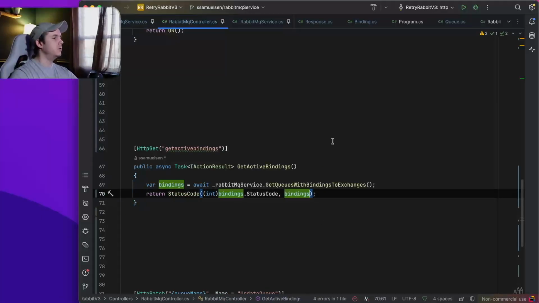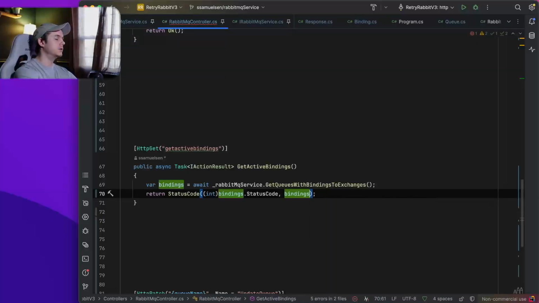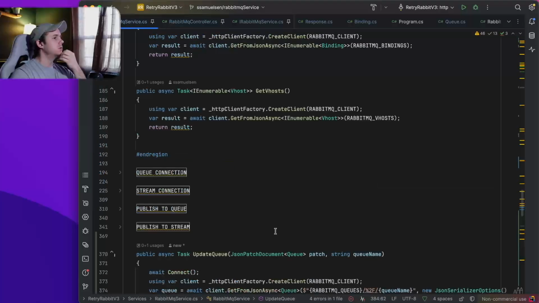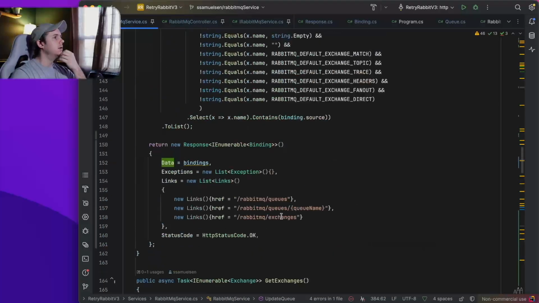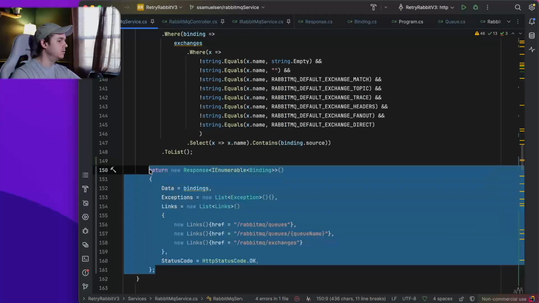And then it's up to you if you want to return the whole data type or you just want to return your data, obviously, but we want to return the whole response type because that's what has all our RESTful properties in there. And then if we go back to the service, the reason why I like doing it like that is because, let's say if I need to,